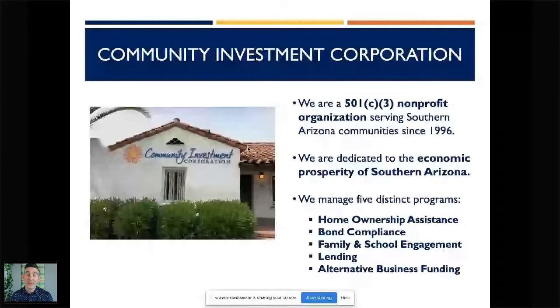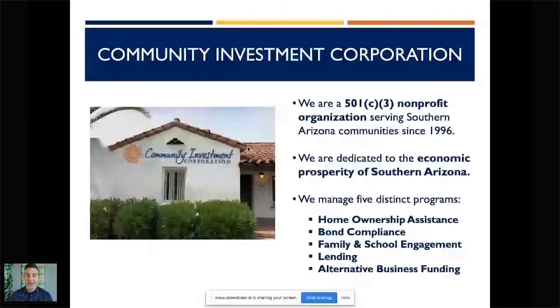And more recently, we started working with families as well, trying to understand what their needs are around schools, in public schools, private schools, charter schools, just trying to drive that conversation so that families have a voice in what options they have in terms of schools. And then I'm on the lending team, and we also recently introduced some alternative funding options. So we do loans, and then we also do equity. So you can learn a lot more about that on our website.